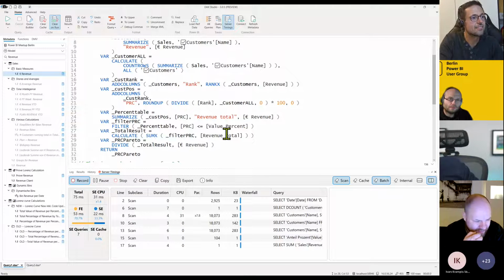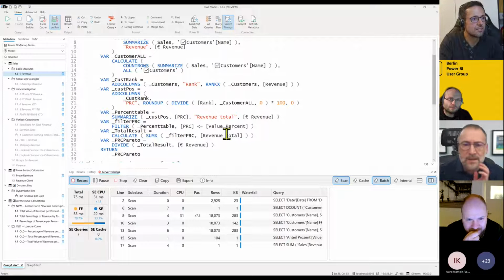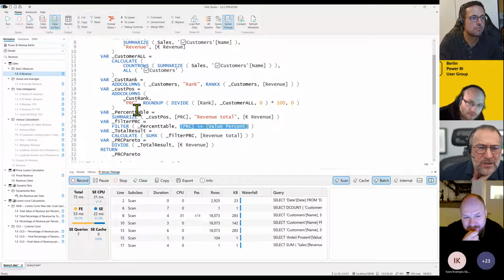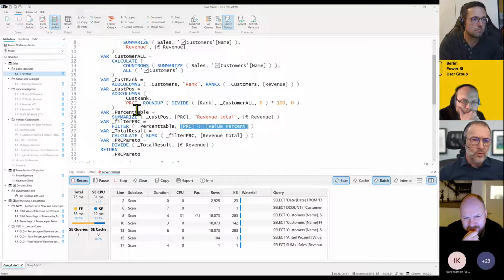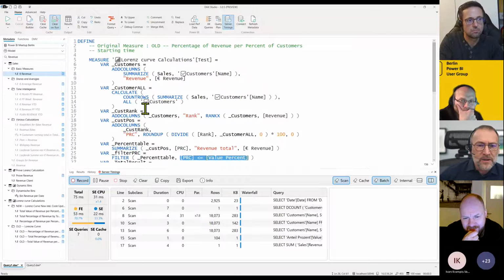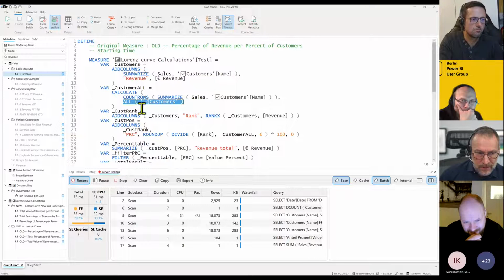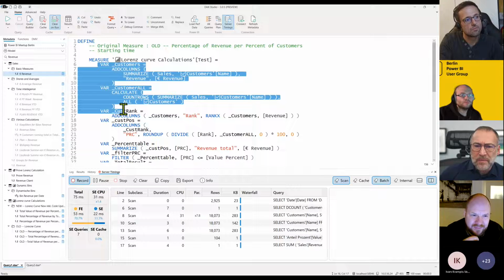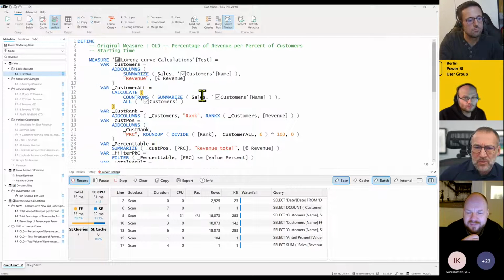Now, the problem of this code is here. This code does not depend... Your code, the version you wrote, was using a filter over sales here. So that code depends on the size of the fact table. The larger the fact table, the slower the measure. This code no longer depends on the size of the fact table because we are using